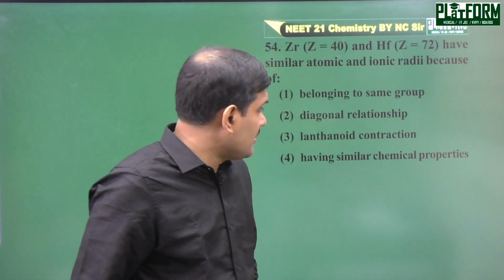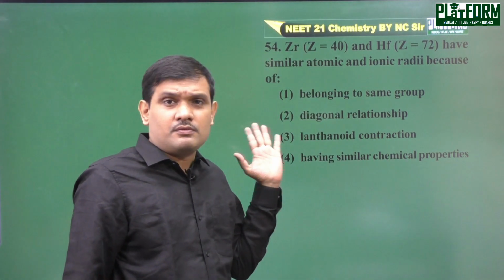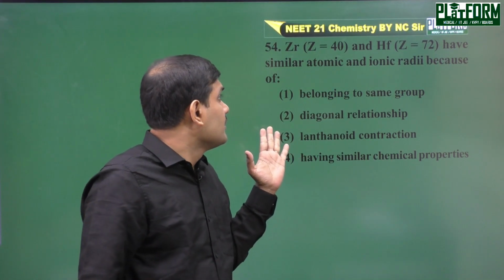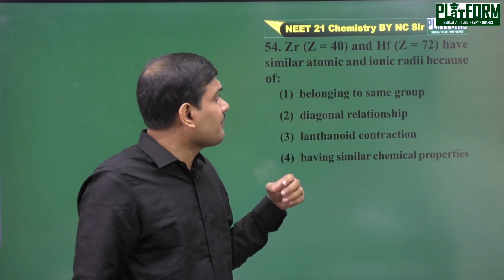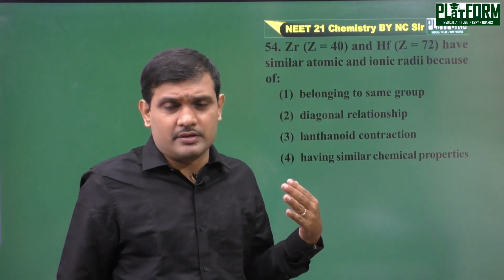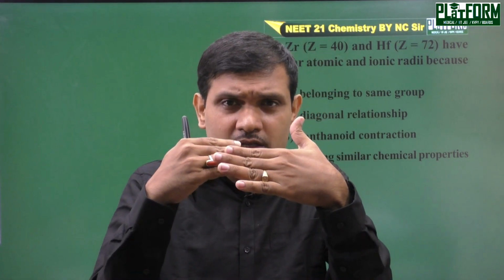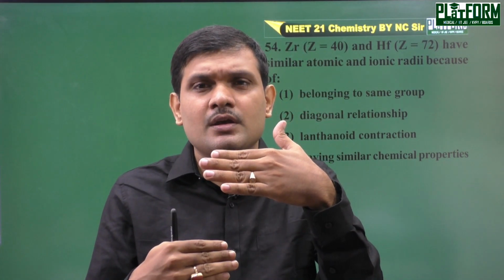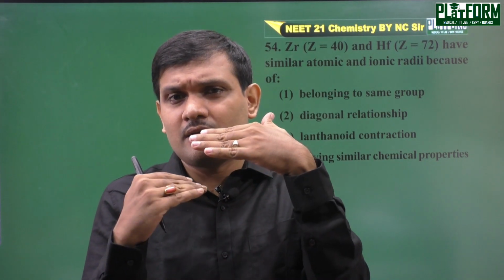Now again a question, it is asked basically from F block elements, D block elements. Zirconium and hafnium have similar atomic radii. So zirconium and hafnium, if we go from zirconium to hafnium, in that case definitely there will be a large